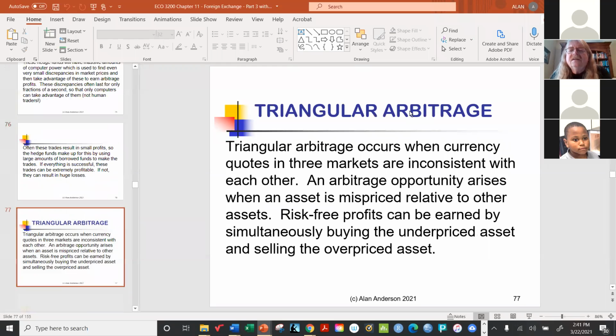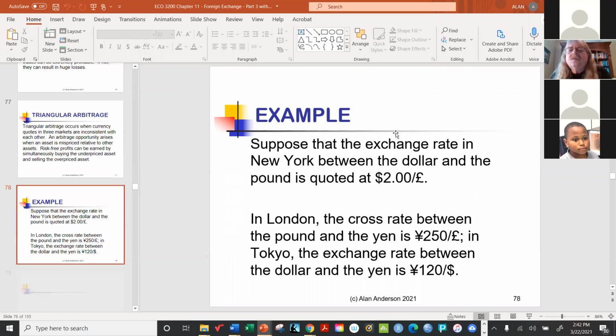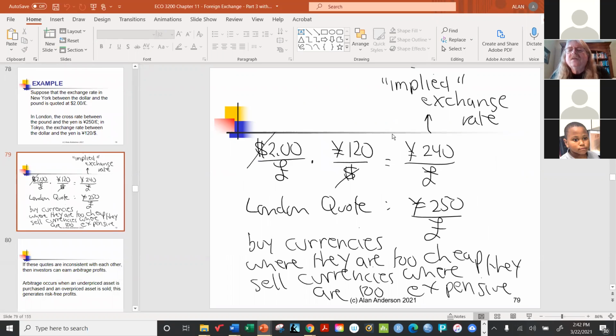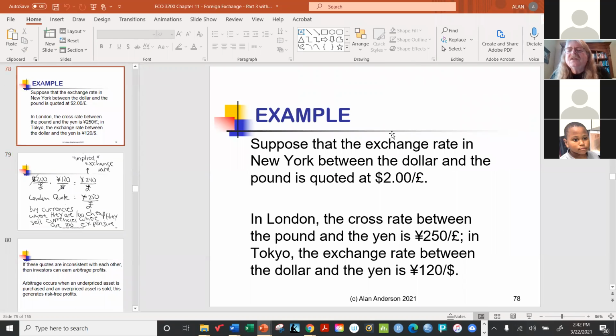So anyway, triangular arbitrage is the one that we did work through all the way. This is the one where we're trying to look at the relationship between three different exchange rates, one of which is a cross exchange rate. And the example we looked at here was, suppose that the exchange rate between the dollar and the pound was $2 per pound. And within the yen and the dollar, we have 120 yen per dollar. And then the cross exchange rate, which is the yen pound exchange rate, is given to us as 250 yen